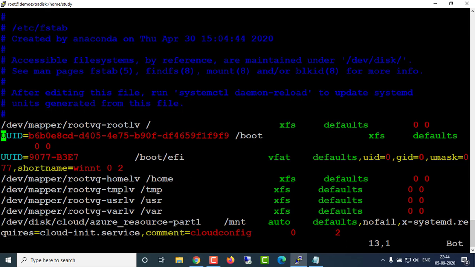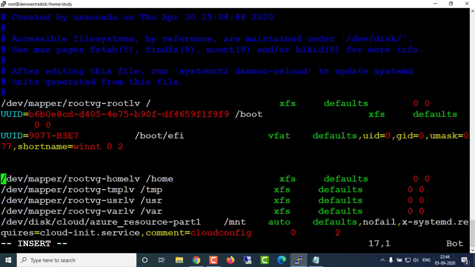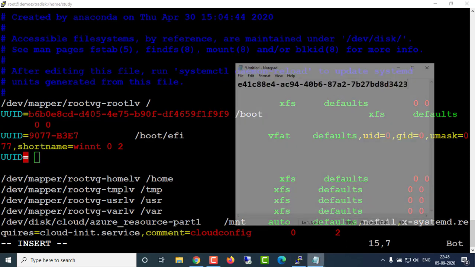So I'm going to add that volume here. Press i. I'm going to add that UUID here: UUID equals, then the UUID which we have.